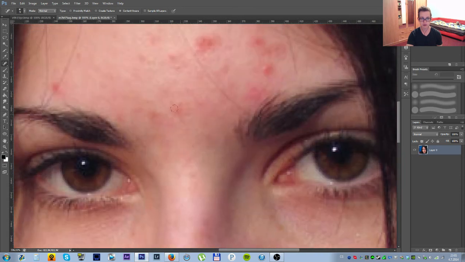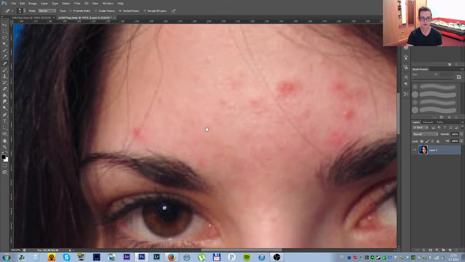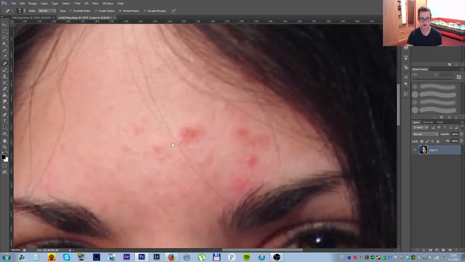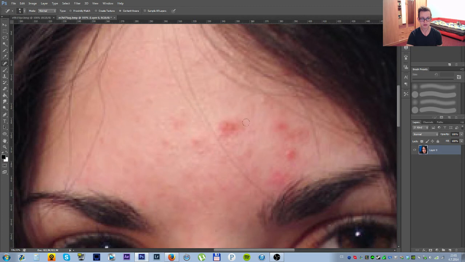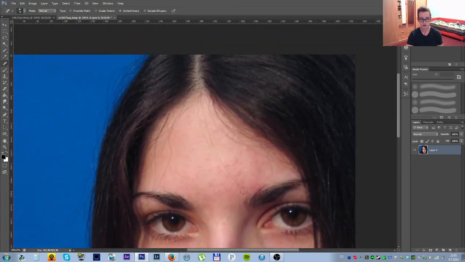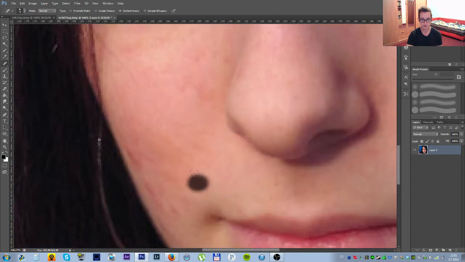As you can see, I'm just going over with the Spot Healing Brush Tool, and it's really simple. It even left the hair there. You can even touch it up with a really small brush if you need to, if the hair gets really visibly different, but we can see that we gradually build up to a much better picture through the use of the tools that are built into Photoshop